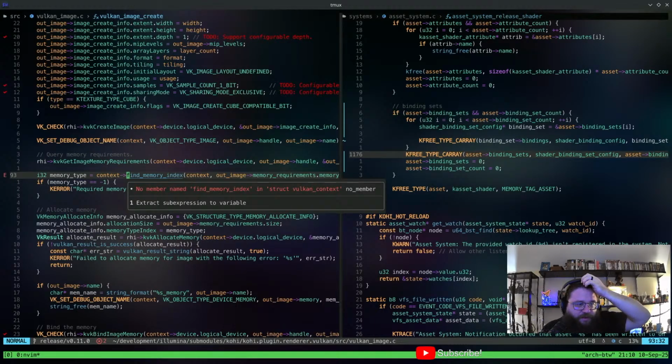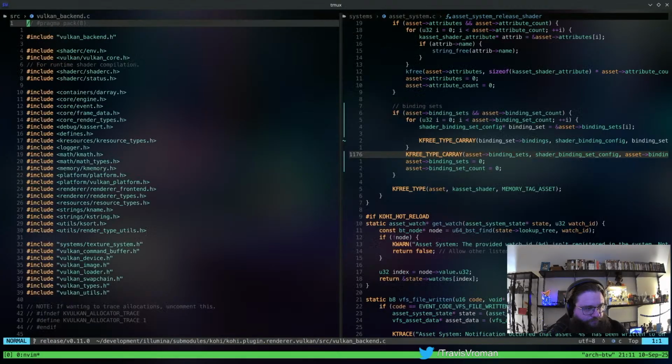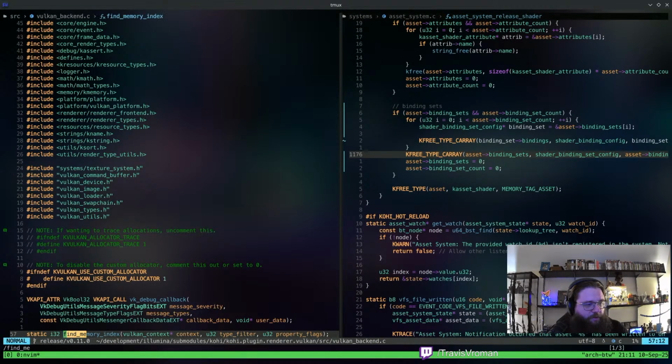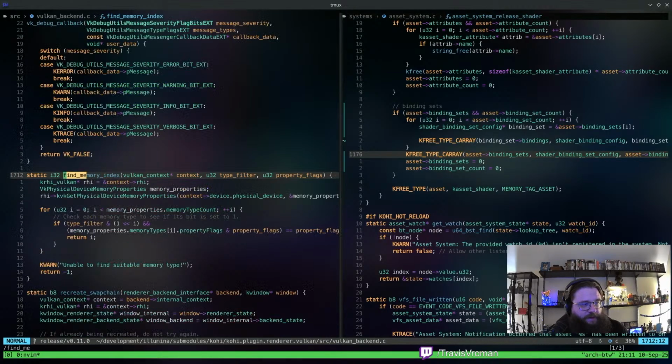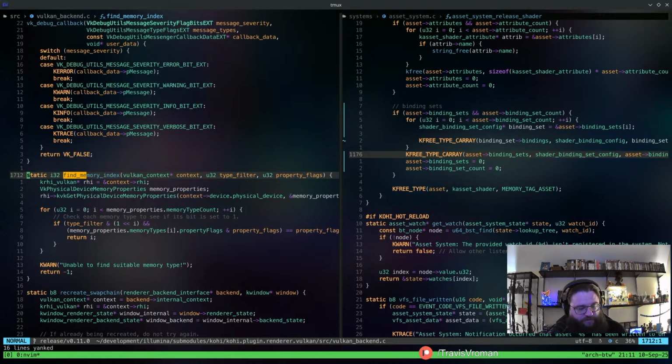I kind of don't want that polluting the set of changes, though. So what I might do is go to find memory index, and the implementation of that is actually really straightforward. Don't we have a Vulkan utils?